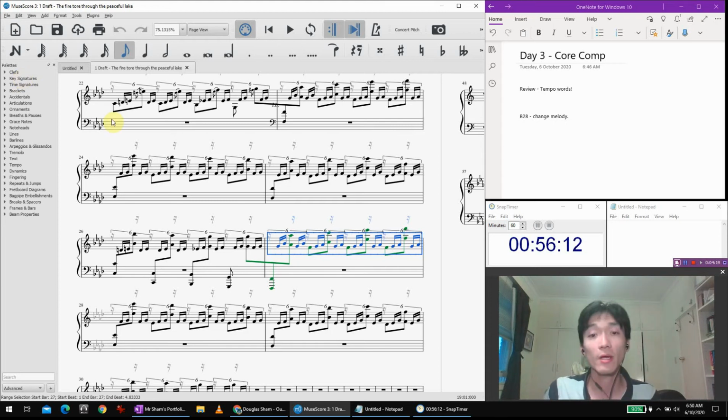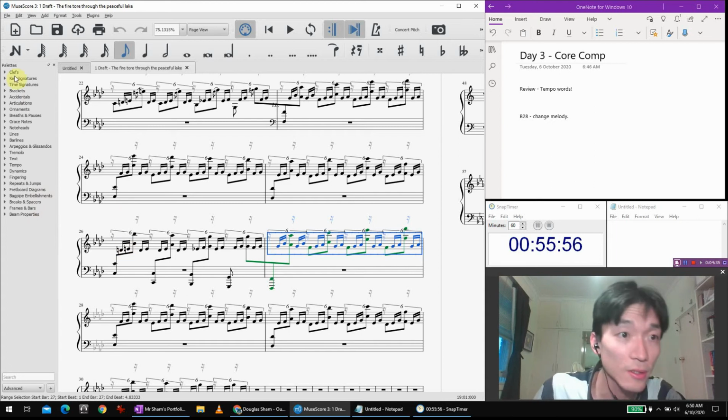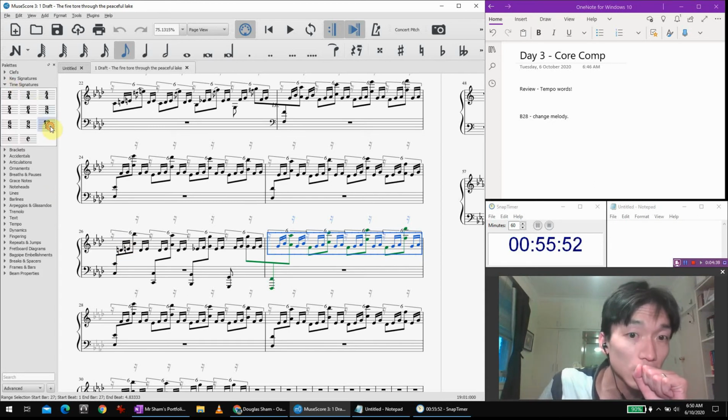I think this is where we will change it to 12/8 to suit the slightly, it's not really swung rhythm, but the galloping rhythm. Yeah, let's do it. So I want to change this to 12/8. Time signature 12/8.